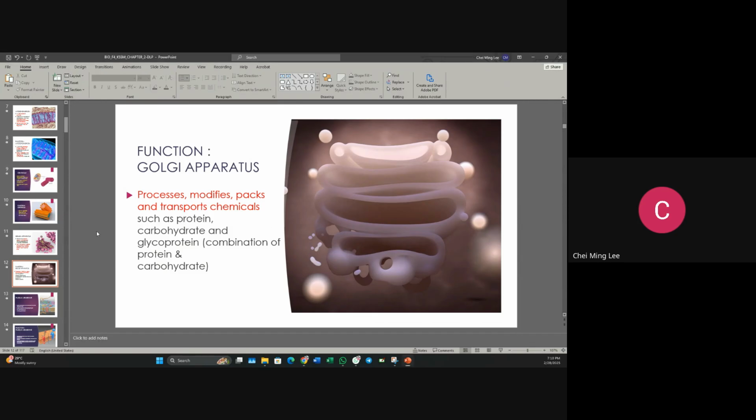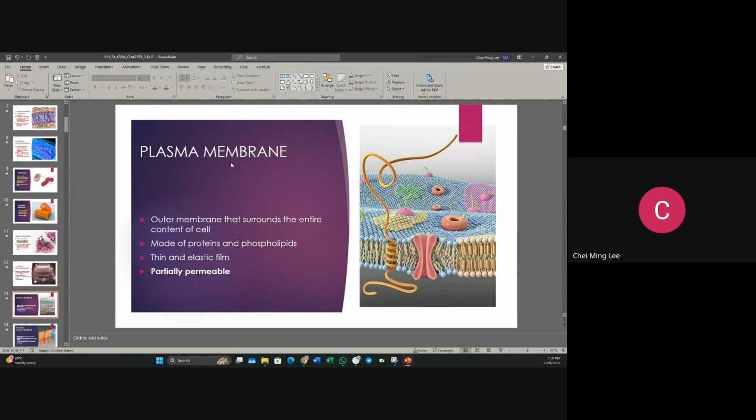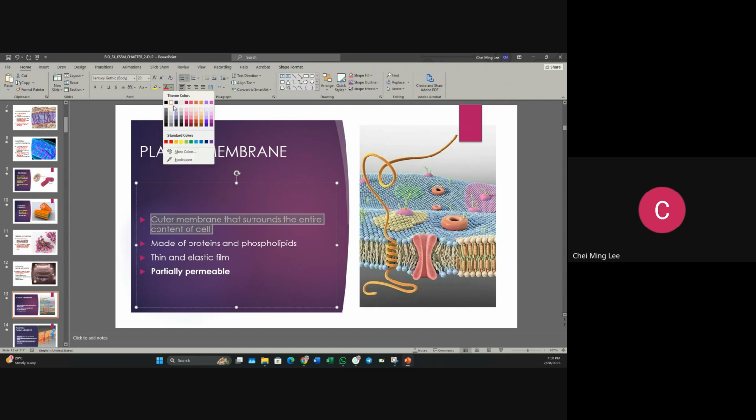All right. Now next, plasma membrane. The plasma membrane is actually the protection membrane for the cell. It means that everything is contained inside the plasma membrane. It's the outer membrane that surrounds the entire content of the cell, made up of protein and phospholipid. Phospholipid is phosphorus plus fat. Lipid is actually fat. It's thin and elastic